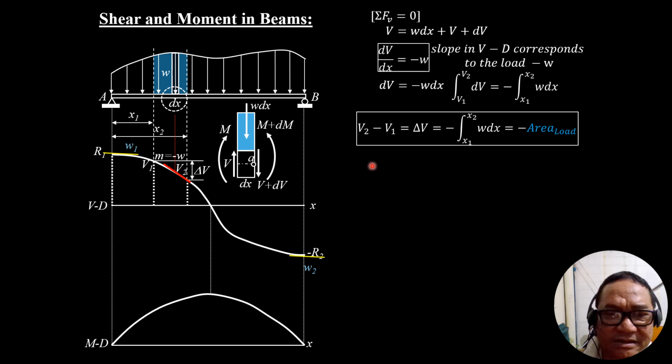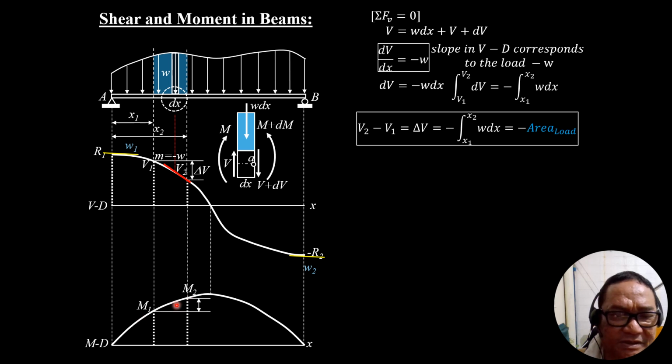Then likewise, we proceed to the next part, which is we project this downward, and this is M1. This is also projected downward. So we have here M1, and on this end M2, and of course the vertical distance between M1 and M2 is delta M, or M2 minus M1 in particular.